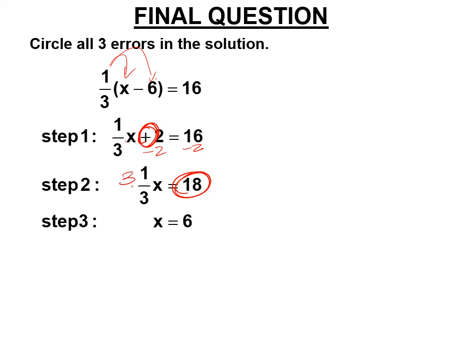Here he should multiply both sides by 3. So he should get 18 times 3. He obviously did 18 divided by 3. Those are the 3